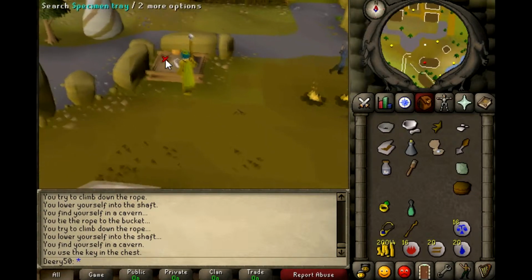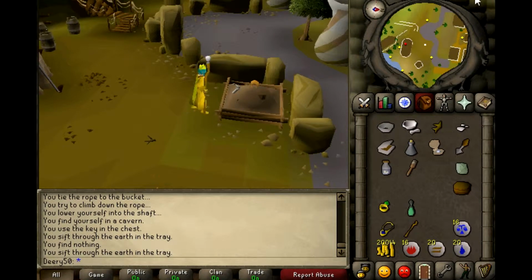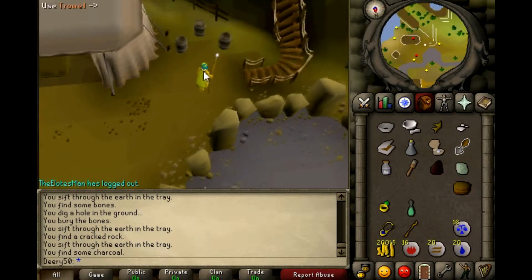Then there should be a specimen tray nearby. Search it until you get some charcoal. It shouldn't take too long. So it took me all this stuff, plus a lot of bones, to find the charcoal, but I finally got it. Now what you want to do is use the trowel